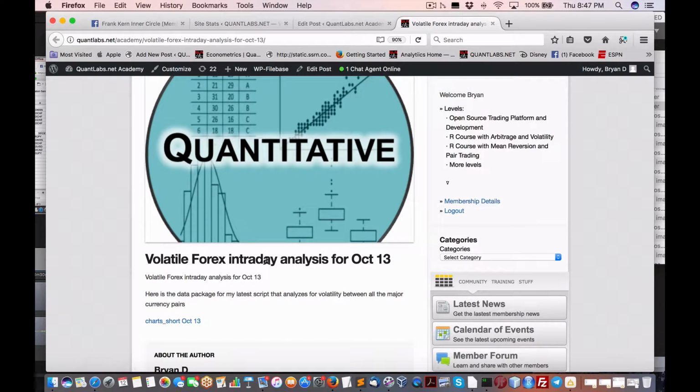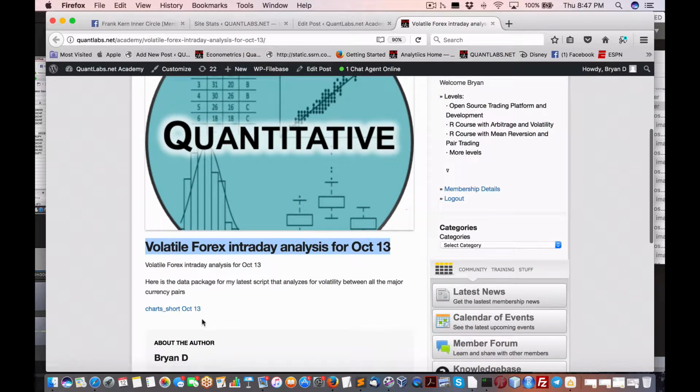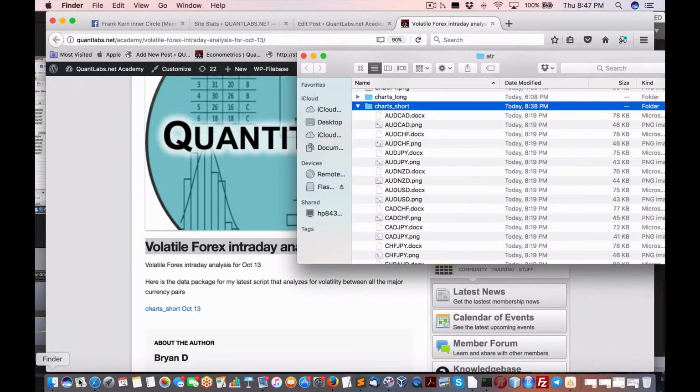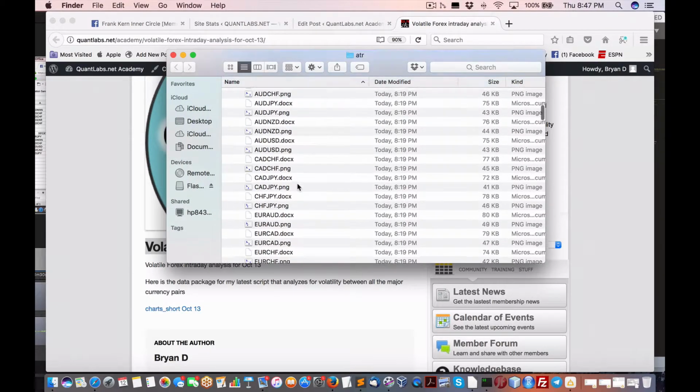Hey all members, we have finally got a script here that is measuring intraday analysis for volatile currency pairs, or forex pairs, and I wanted to show you how it works. So if you download the link here, it's about 4 megs. When you download and extract the file,